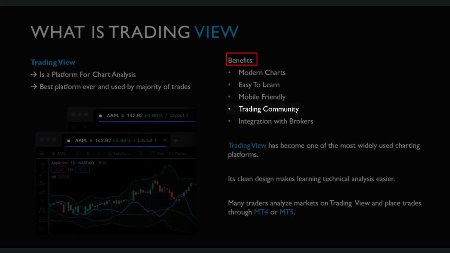TradingView also offers integration ability. Brokers can easily get added as add-ons within TradingView so that you can just execute your trade on the fly. Now TradingView has become one of the most widely used charting platforms I've ever known. I personally have spent a lot of time using TradingView to analyze my chart patterns and to project the most likely take profit, the risk reward ratio, and even the stop loss